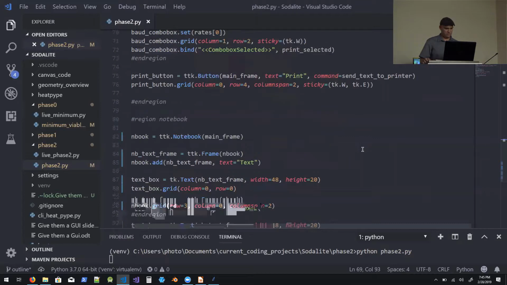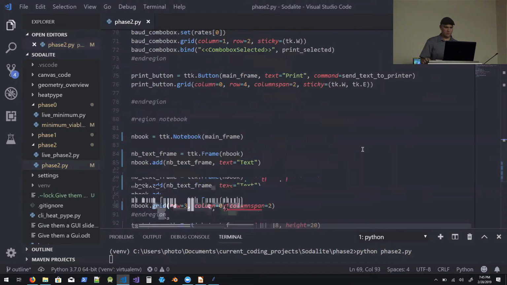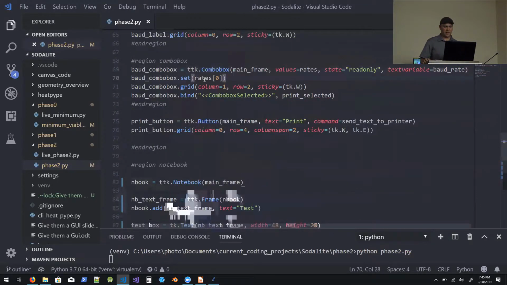There's a set right here. You have to explicitly set what it will be when it starts, otherwise it'll be a blank box, which in normal UI, a normal person looking at that, it would look like there aren't any options. You kind of want to have a default value when it opens to let them know it's more interactive. So you just set it to the first item in the list. It'll auto-update when it gets